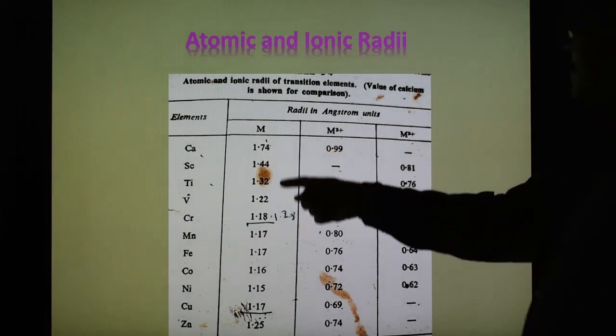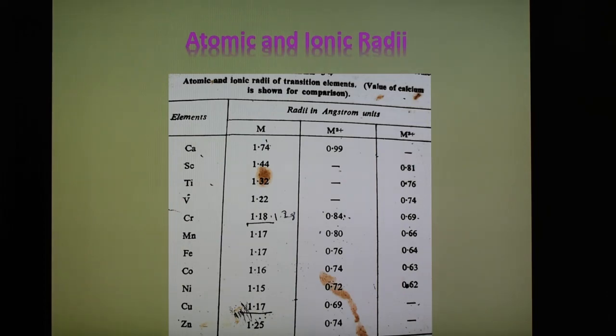This holds for the metal and for the M2+ and M3+ ions. So generally, in both atomic and ionic radii, the value decreases with the increase of atomic number. For any given element, the ionic radius is smaller than the atomic radius, and the ionic radius decreases as the positive charge on the ion increases. This is expected because when a positive ion is formed by the loss of electrons, the effective nuclear charge increases, which pulls the electron cloud inward with greater force, resulting in a decrease of radius.